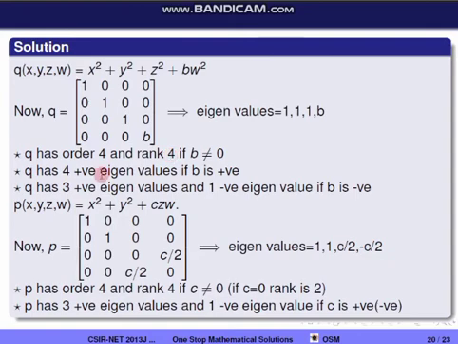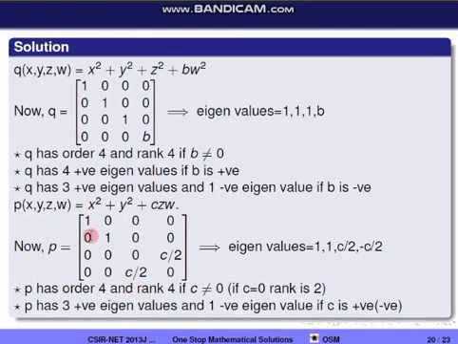Similarly, we'll find it for the quadratic form P, and P of x, y, z, w is given to be x square plus y square plus c z w. So we'll write its matrix. We know the diagonal elements are the coefficient of x square, y square, z square, w square respectively. So we'll write 1, 1, 0, 0. And we have to write the coefficient of z w. So zw is coming in here and here, so we are writing its half the value, so c by 2, c by 2. To find the eigenvalue,